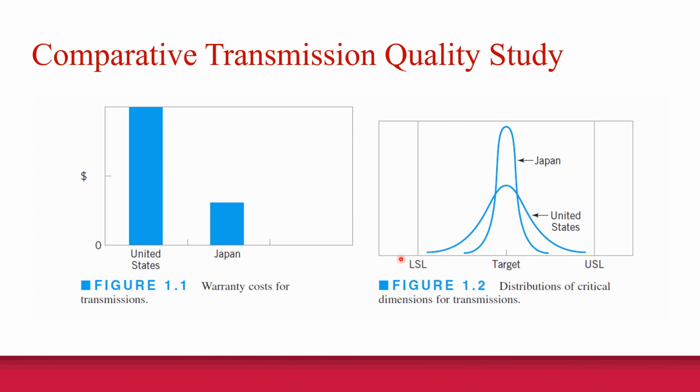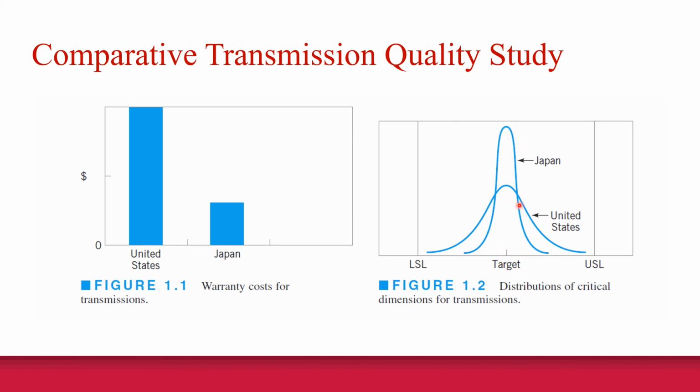For example, LSL is the lower spec limit. USL is the upper spec limit. So if you notice, all the transmissions made in the United States were manufactured within spec. However, the Japanese transmissions were manufactured to a much narrower tolerance,